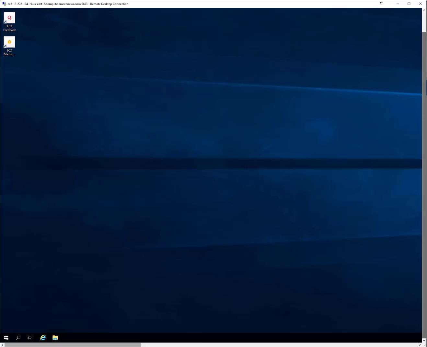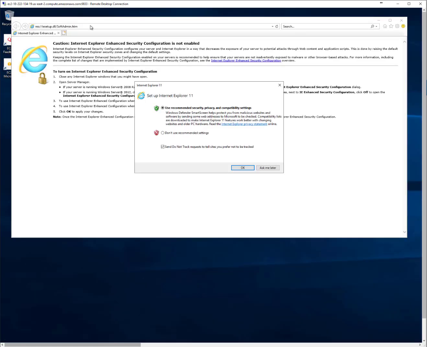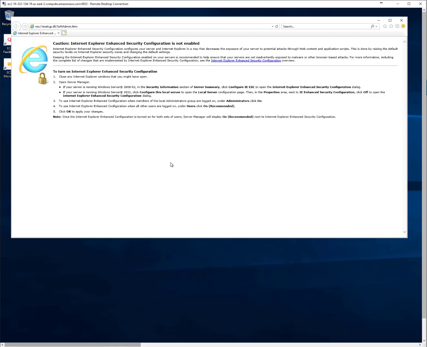So now we can go to the website and download the latest wallet. So we'll open up Internet Explorer, and we're going to click on Ask Me Later here for our internet security because it's going to want us to change that back, and we don't want to change it yet. So we'll go to